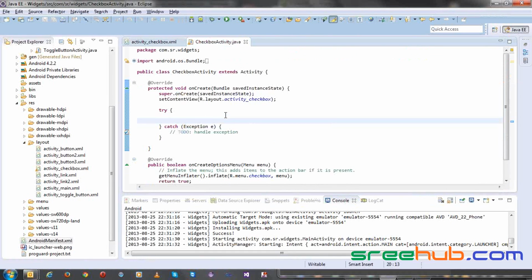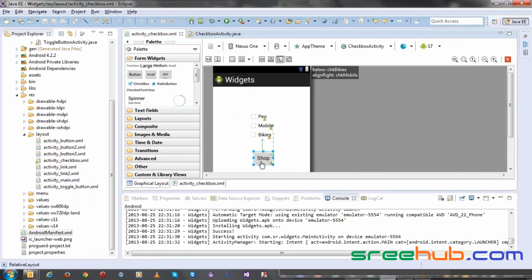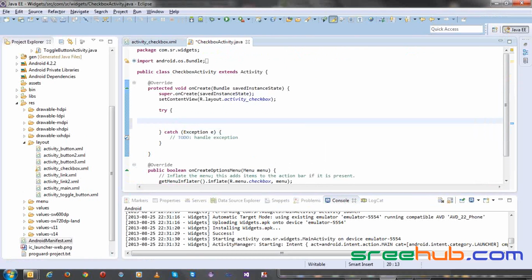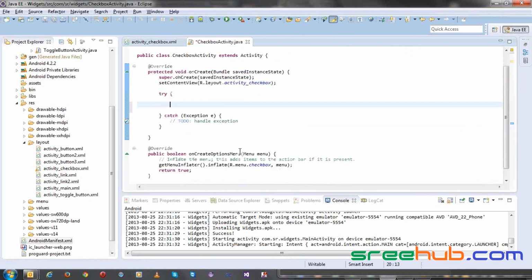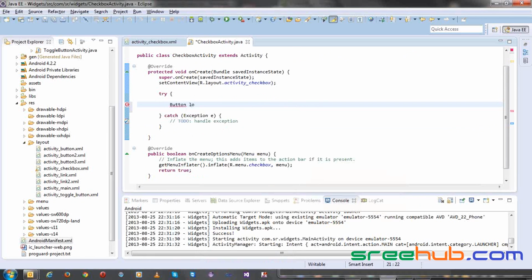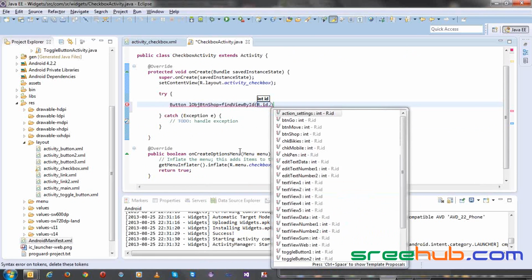Now here, what we have to do on button click is just create a button click. So on button click, whatever is selected, we just want to show that these are the things selected, and this is the total price of your selection. Let's do it in the same activity so that you can use the same logic to send the data to another activity. So first let us take a button, LOBJ BTN shop is equal to findViewById of R.id.BTN shop,